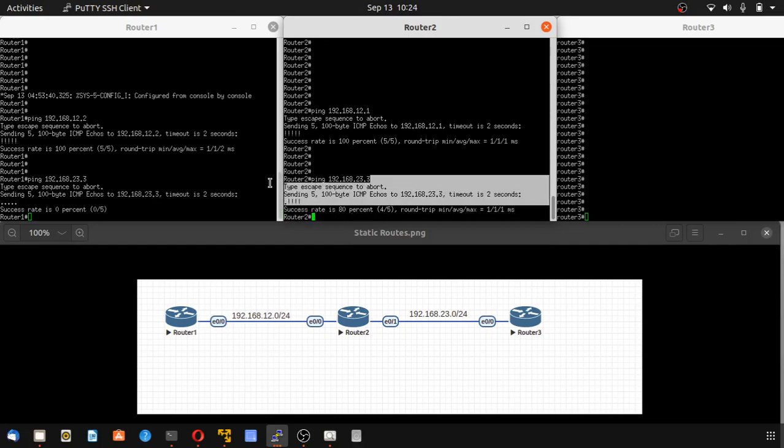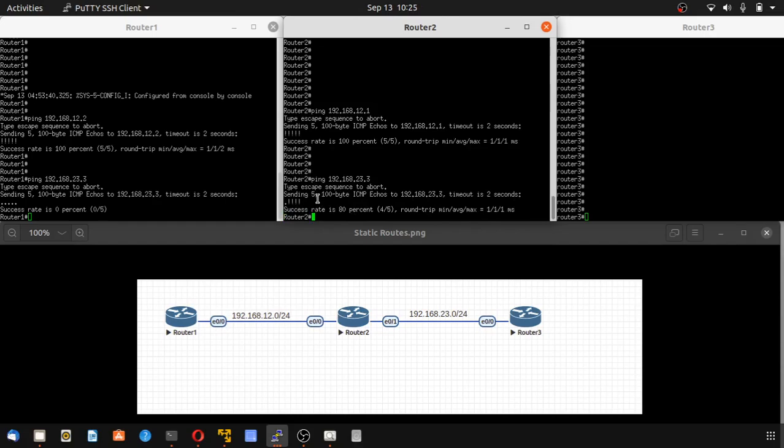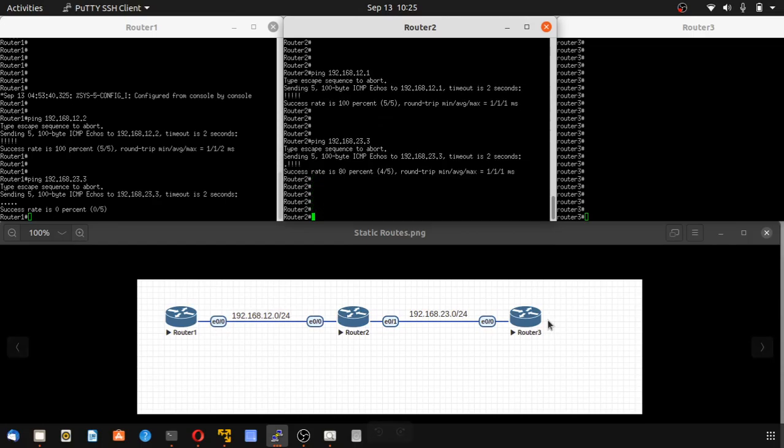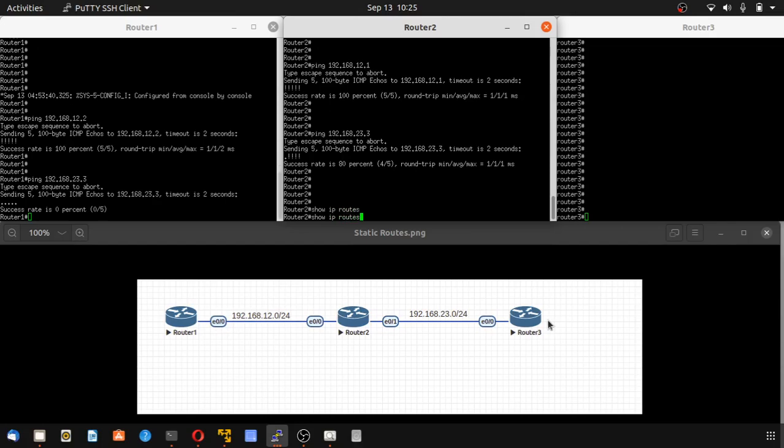Right, you see it's reachable. Now why is this router not reachable to this one, while this router is able to ping R3? Do you know? Because if you see its routing table, show IP route,